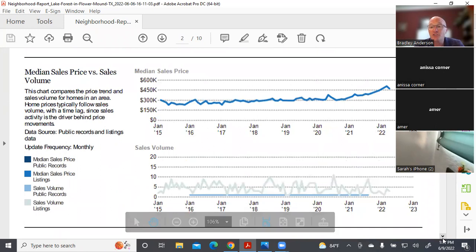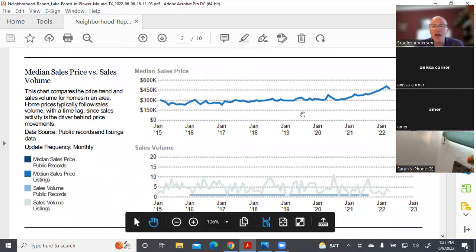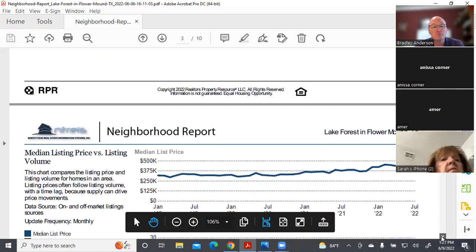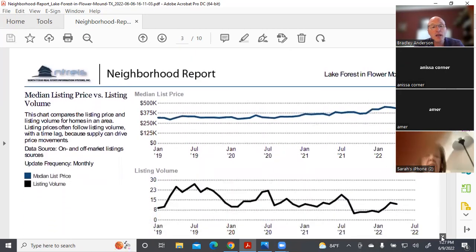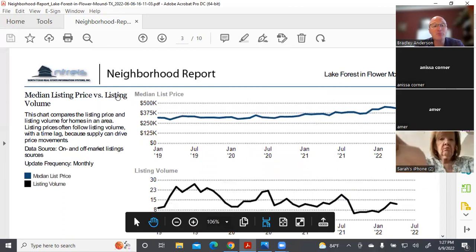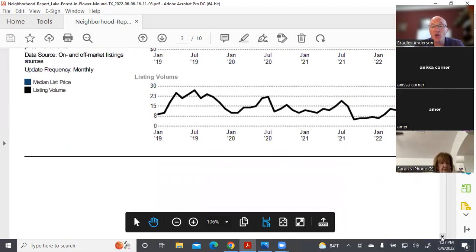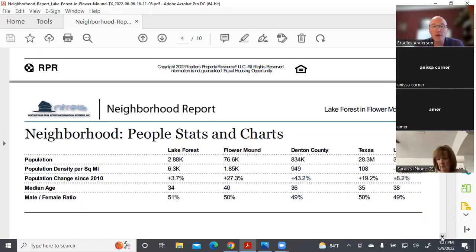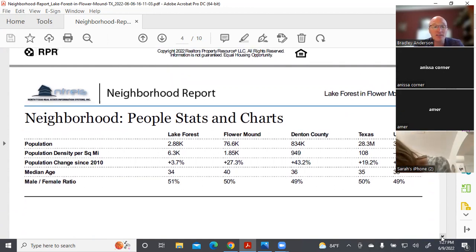And it will illustrate everything I just mentioned in a graph. And then break out median listing price versus listing volume. So price versus how many homes were on the market. So you could get analysis paralysis here. So I'm going to probably cut it off at this point on the RPR section, but it also goes into